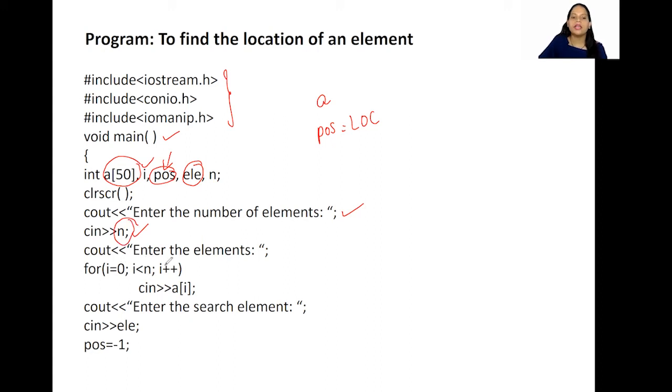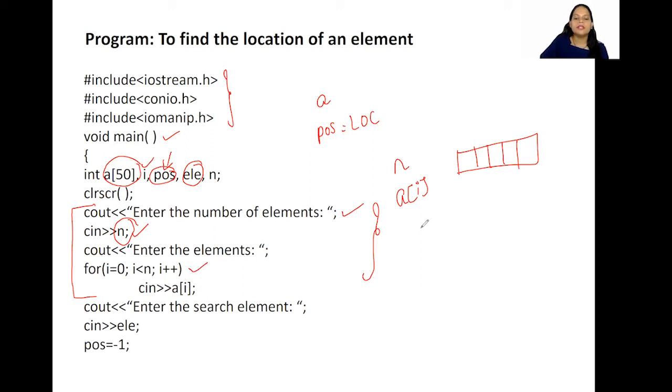Then we take the elements. These five lines of code are constant for getting values into an array. First we ask for the number of elements, the n value, then we take the values into the array using a for loop. I already explained this, so I will not explain it again.